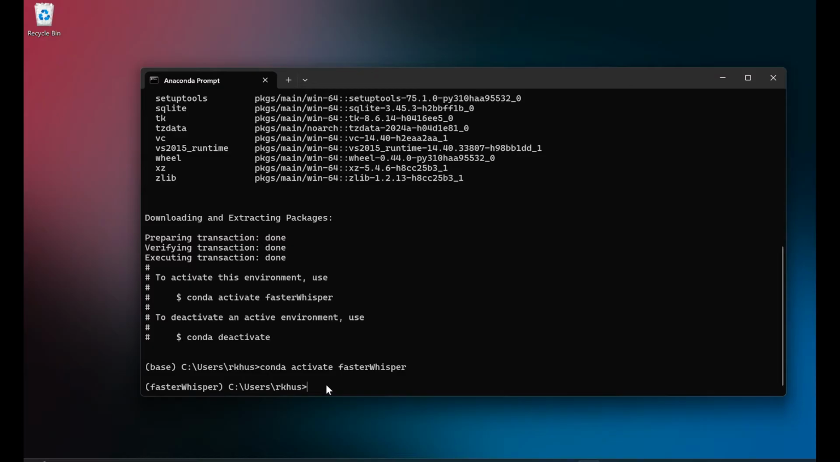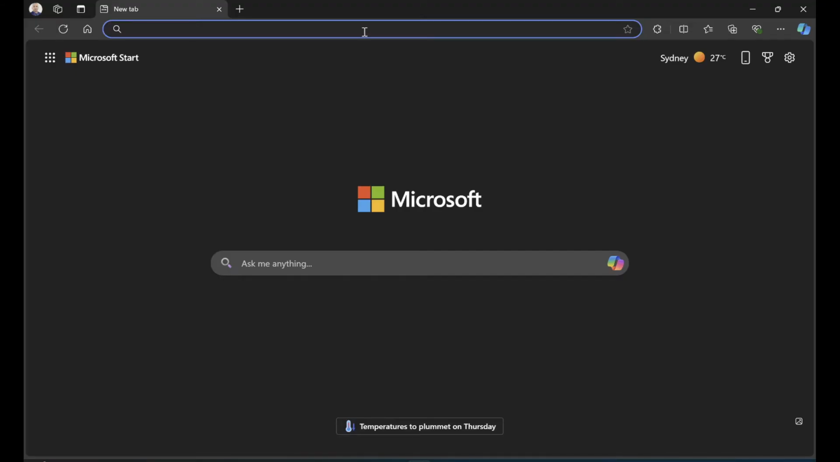The first thing that comes to my mind is FFmpeg. I know they didn't mention it explicitly, but most of these faster Whisper, or rather Whisper, general libraries require this as a prerequisite. And sometimes they fail without telling you that they actually need FFmpeg explicitly. So let's go to